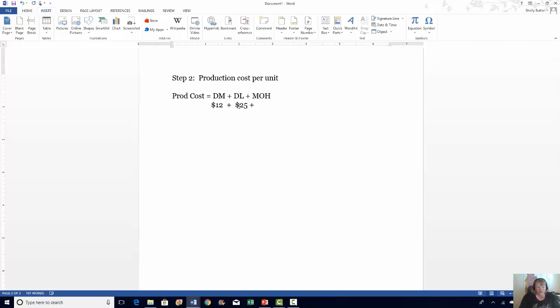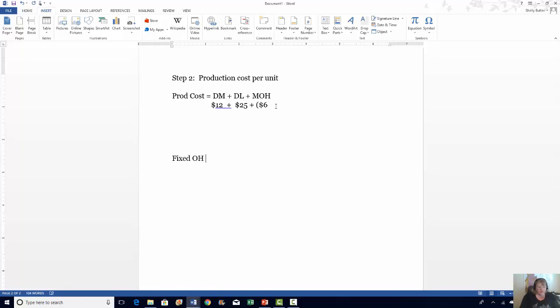And our manufacturing overhead has 2 components. We've got the $6. And then we have the fixed. This is a variable, and now we have the fixed. I'm going to drop down right here. And I'm going to compute the fixed